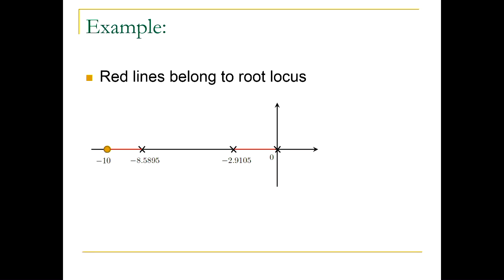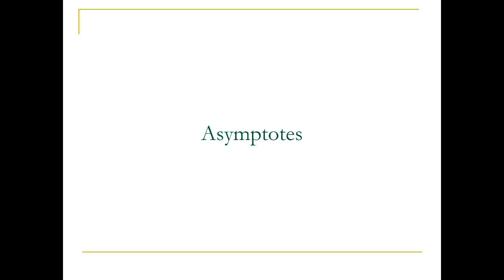Why? Because we want to know whether we can destabilize the system by increasing the gain. We want to understand whether the system is stable for all positive k, or whether there are some k's for which the system is unstable. So we need much more information to learn about these remaining branches, right?